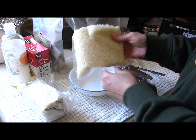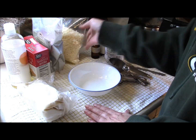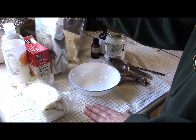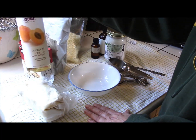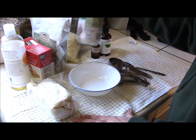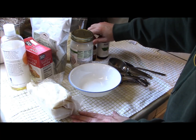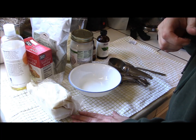We're going to be using wax pastilles. Those are going to hold everything together pretty much. Clay, I'm using Fuller's clay, but most people will use kaolin clay, or really any kind of clay you use for a face mask will work. Baking soda, this is apricot oil, raw shea butter, coconut oil, and then a couple of essential oils. The tea tree, and then I have lavender here. And you can use other oils as well, and we'll get to that in just a minute. But I'm going to get started with